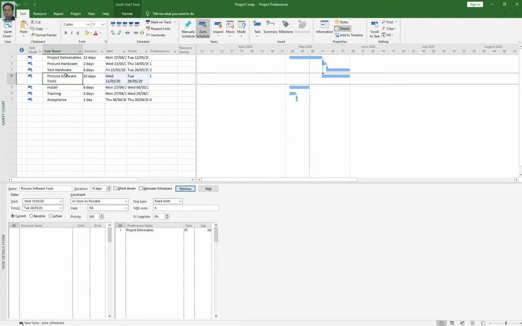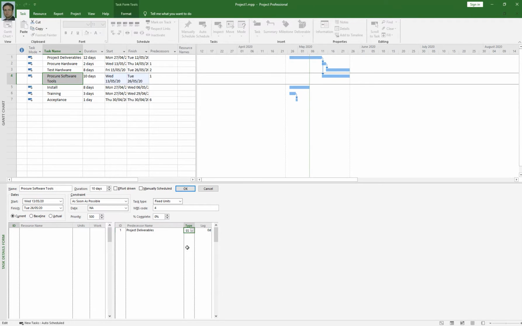But I want to change the relationship type. So to do that, I will click on the type column and set the relationship to start to start. When the project deliverables activity starts, the procure software tools activity will start as well. So it will come back to this area, that is 26th of April.